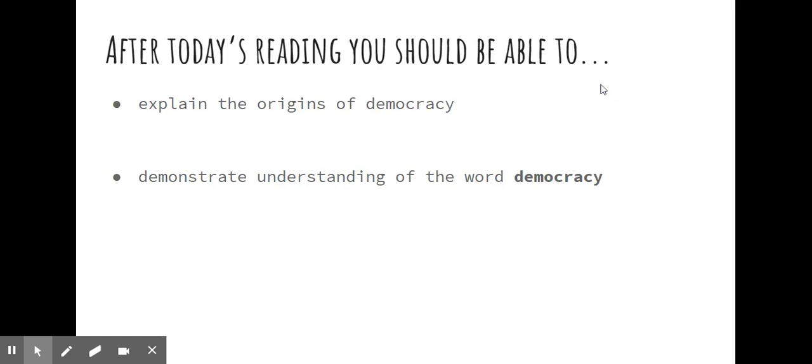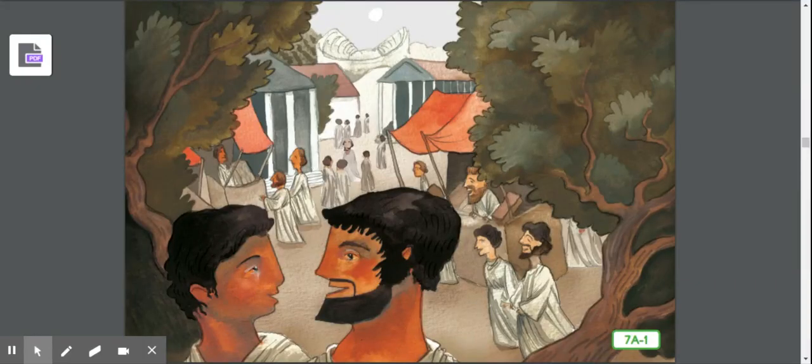So I hope you enjoy hearing about how democracy got started and how it's still being used today, even in the United States. So as you listen to today's read aloud, make sure you listen to hear more about the city-state of Athens and about a very important contribution that it gave to the world. Again, we're going to hear a new leader as well today, so listen for him.